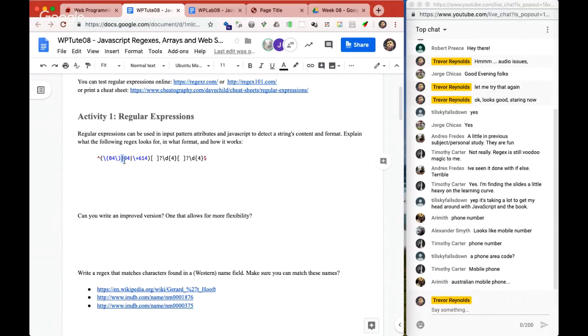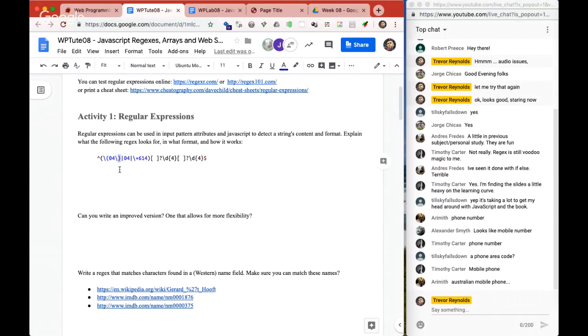For some reason, and is not in regular expressions. It's something that's really missing. If you ever go onto Stack Overflow, there's lots of people asking about that. But for some reason, and doesn't exist. So we've got or, and